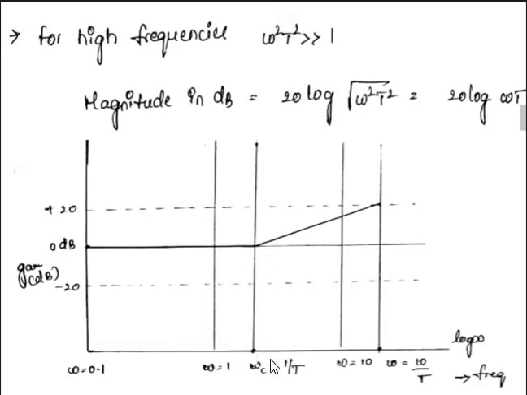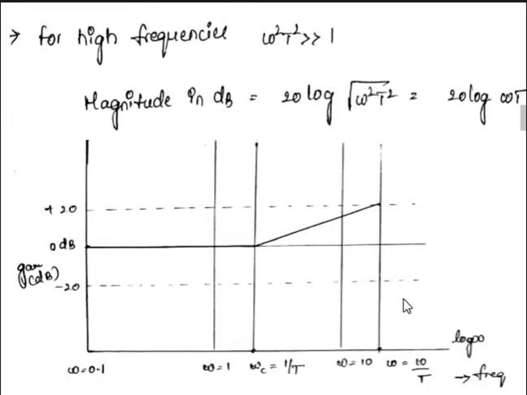So here the omega c value is there. From here to 10 times that value, for one decade, again it will be increasing by plus 20 dB. Here is the formula: if a pole is there, minus 20 log omega T. So if a pole is there, it is 20 dB decreasing after the corner frequency. If a zero is there, it is 20 dB increasing per decade. So that is the difference. Up to the corner frequency, both are the same, a constant 0 dB line.